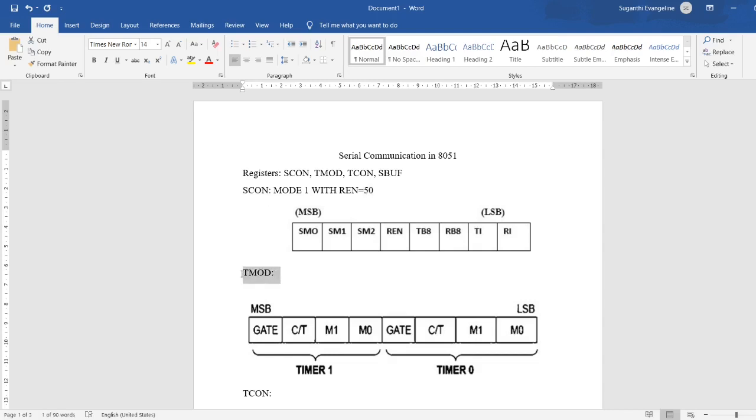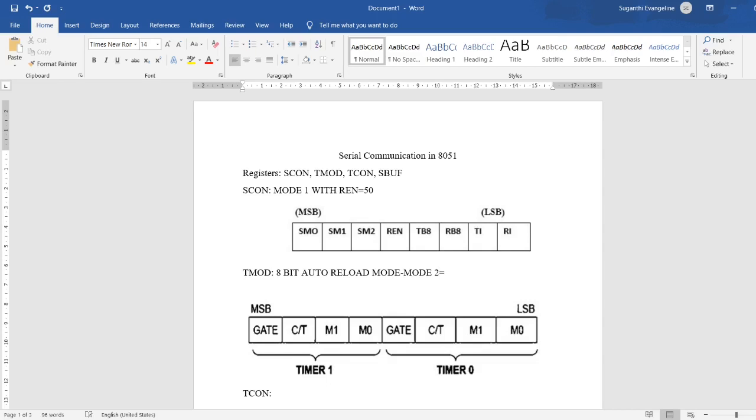Then coming to the TMOD register, the timer mode register. The lower 4 bits are assigned for timer 0 and the higher nibble for timer 1. Here we are selecting 8-bit auto reload mode, which is nothing but mode 2. In mode 2, I can use either timer 1 or timer 0.